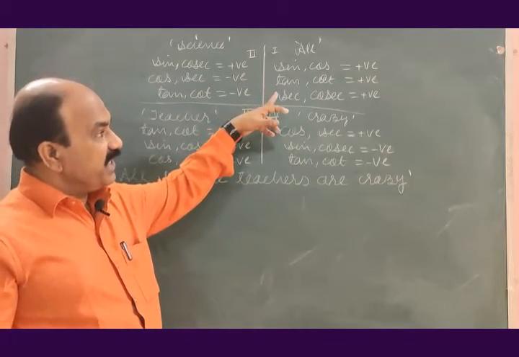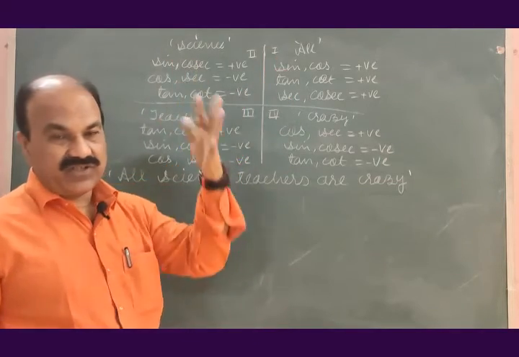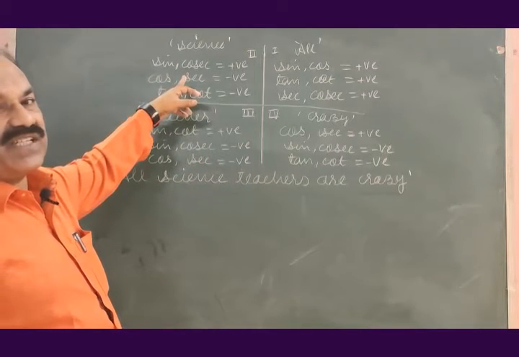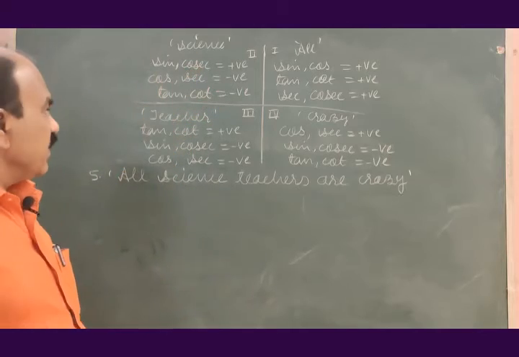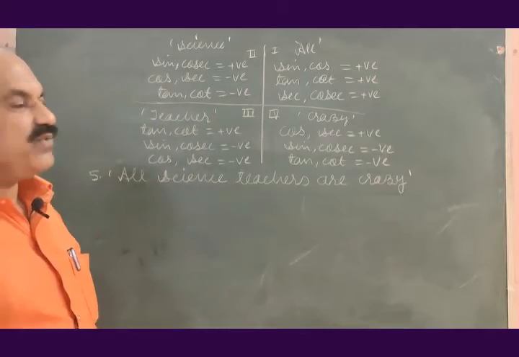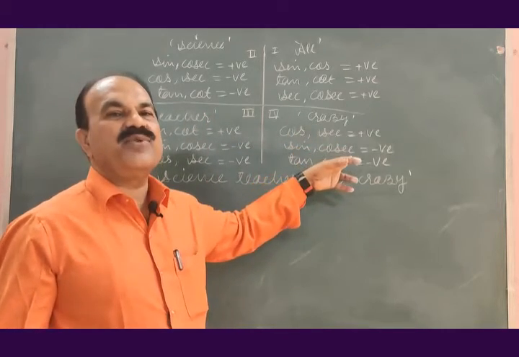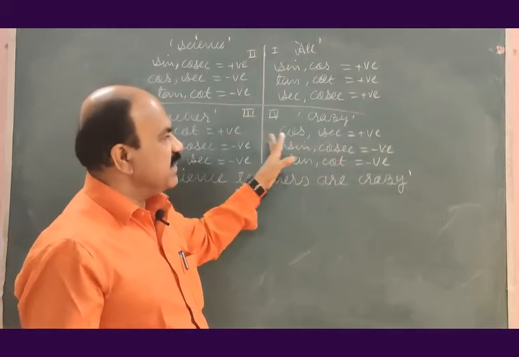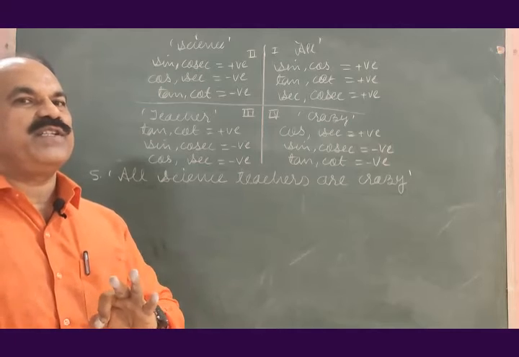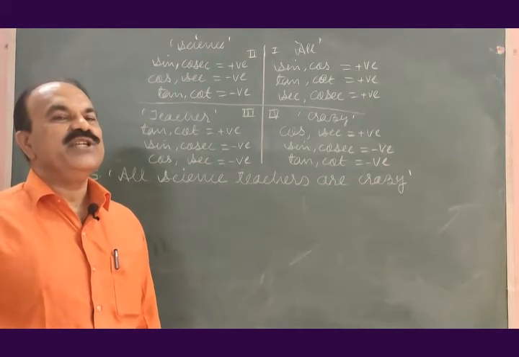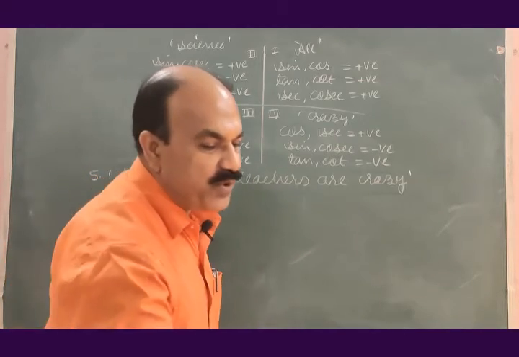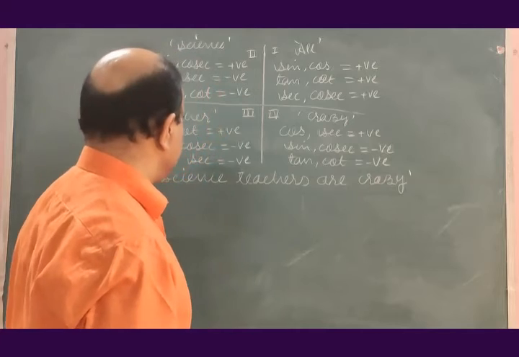All the trigonometric functions are positive in the first quadrant. Only sine and cosec are positive in the second quadrant, remaining are negative. Only tan and cot are positive in the third quadrant, remaining are negative. Only cos and sec are positive in the fourth quadrant, remaining are negative. This is also an important property of the circular functions. Let us go for the next important property of circular functions.